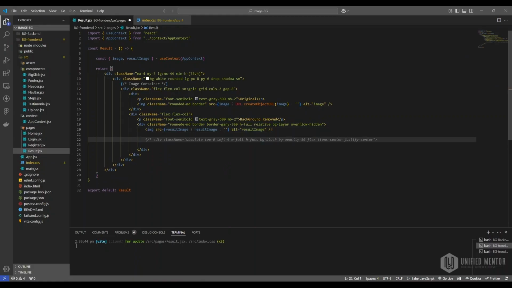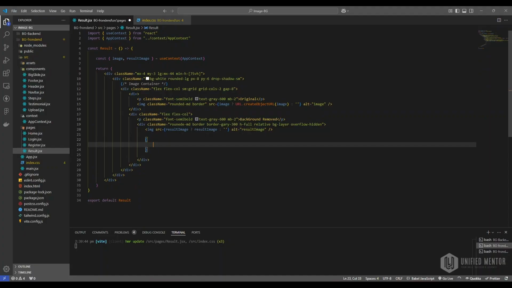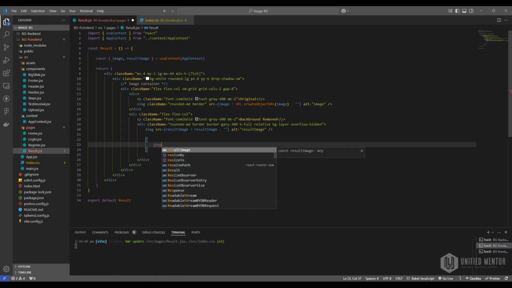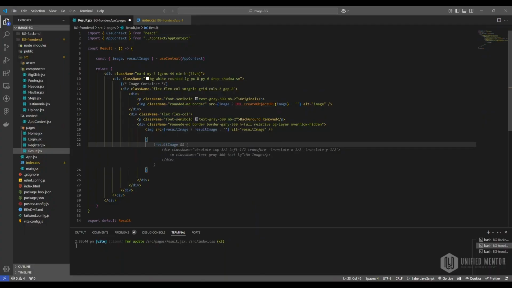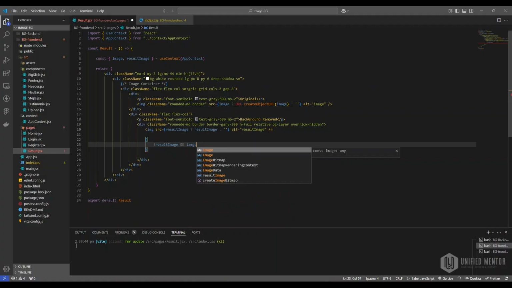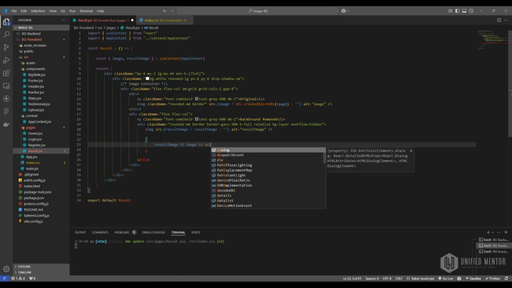And we will check so that the loading state should become for this one. Whenever the image is processing, we should not show any empty, we will show the loading state, like a loading design circle. Just create it here if there is no result image, when there is no image, and we will create one div,